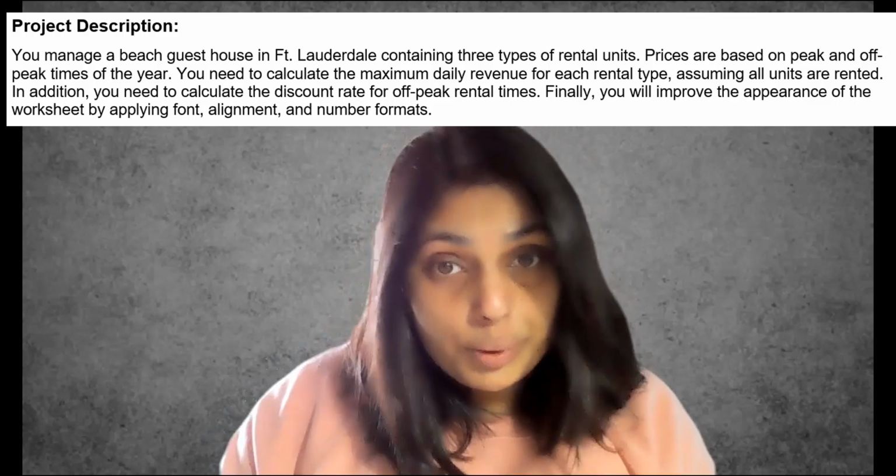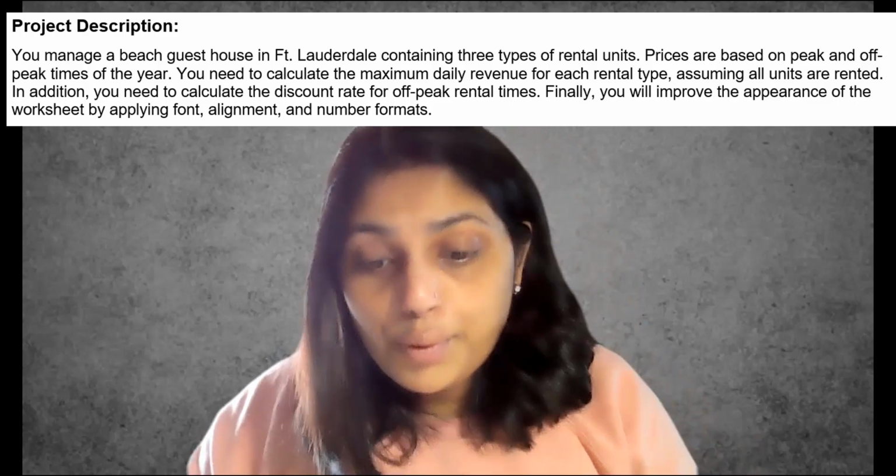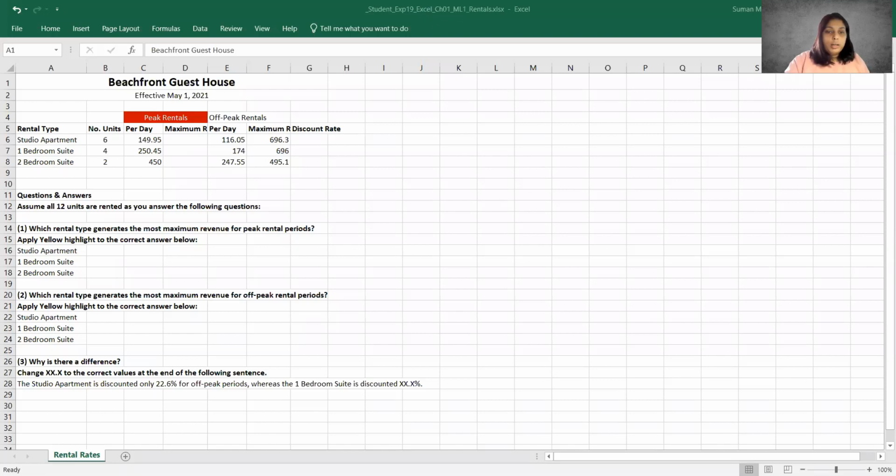I'm going to go ahead and share my screen now, and we're going to walk through the steps in the grader project. I want to show you the grader project, which you obviously cannot see, but there are directions provided on my IT lab along with an Excel worksheet. So I'm going to walk you through these steps. So this is the beach guest house Excel spreadsheet.